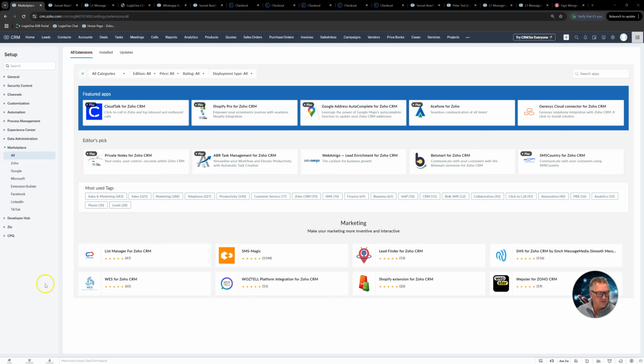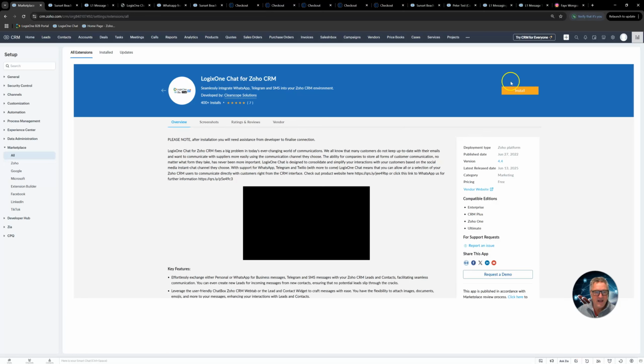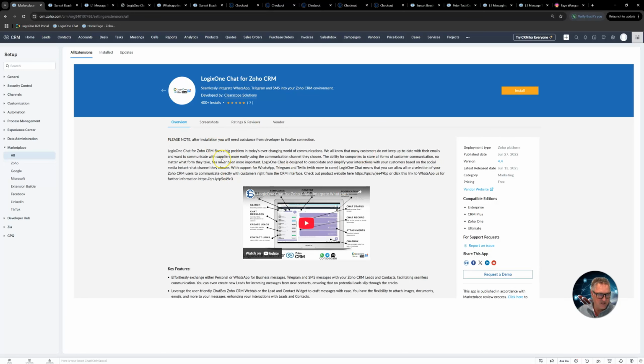So once you're inside your CRM and you go to the Zoho Marketplace by clicking here, you'll open up the Zoho Marketplace, which you can see here. All you need to do is search for LogixOne Chat for Zoho CRM and then click that little button here and then you'll see the extension. Okay, and then what you need to do next is just click the install